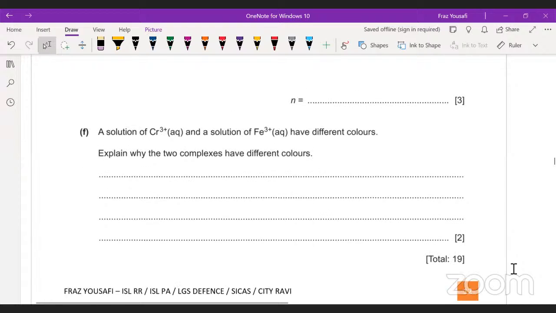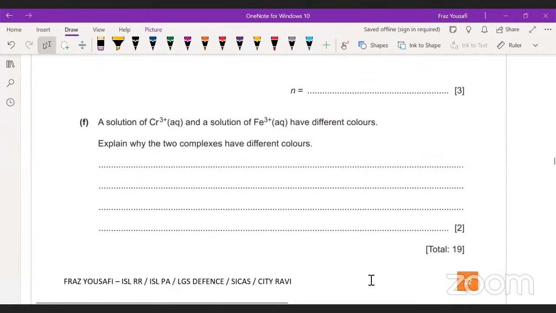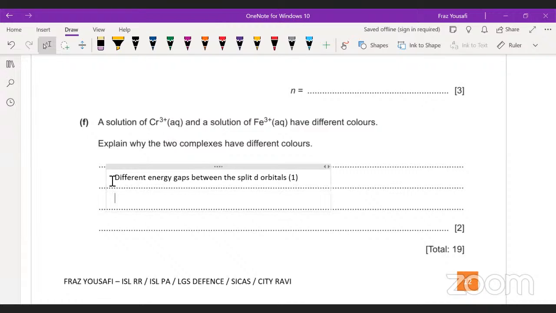Okay, stoichiometry, not as concerned. I think most of you have the ability to solve those out. This is particularly important. Why? Because it's definitely going to come, right? So if there's any two complexes that show any different colorations, you need to mention two important things. First, that there are different energy gaps between your split d orbitals, first part, and thus different